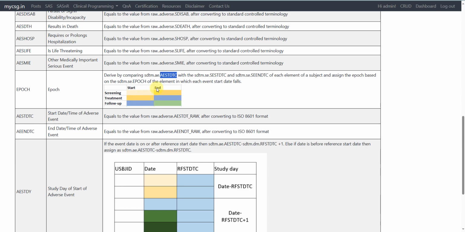So if the AESTDTC is falling in between the start and end dates of the treatment epoch, we would assign the epoch as treatment. But if it is falling in between the start and end dates of follow-up, we would assign the epoch as follow-up. So this is what the specification is trying to convey. And then we have